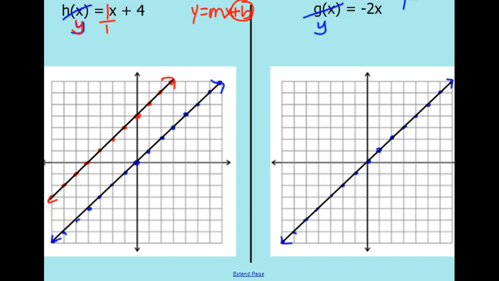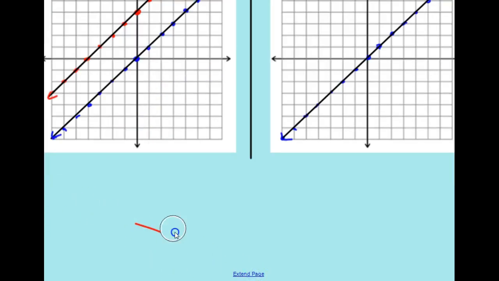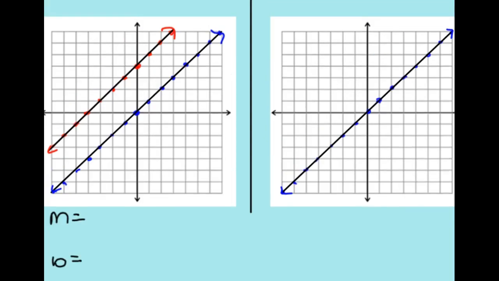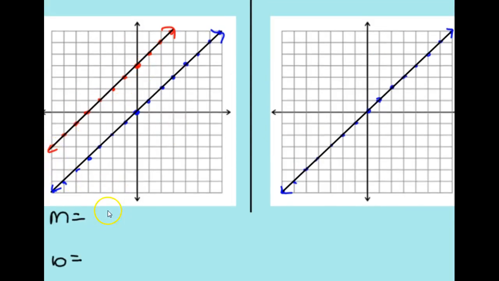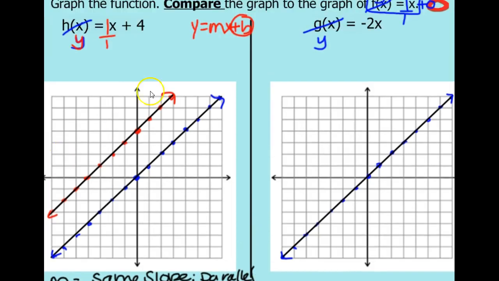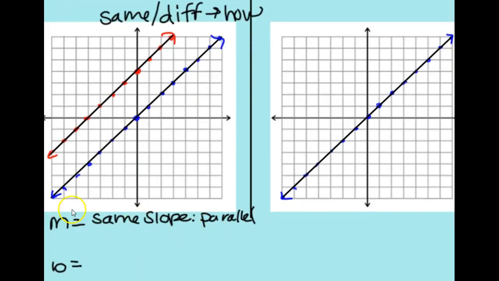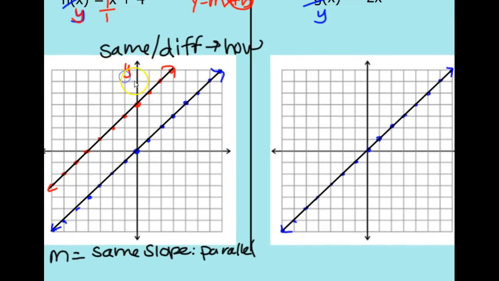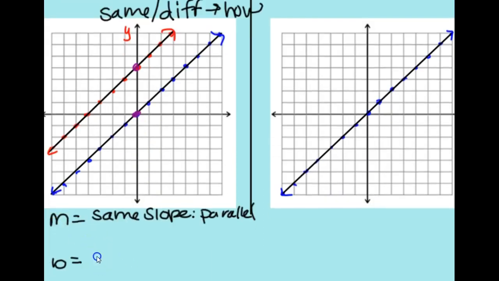Now these two lines you can kind of tell, but we need to compare them anyways. We're going to compare always our m, our slope, and our b, our y-intercept. So our slopes, you can tell just by looking at them that they have the same slope. Another word for that would be parallel. So when we're comparing, we're always going to tell me, is it something the same or is it different? But if it's different, you need to tell me how it is different. Okay? So these were the same, slope, we're good. But now our b's, our y-intercepts, these are really crossing our y-axis at two separate points. So we need to write that different